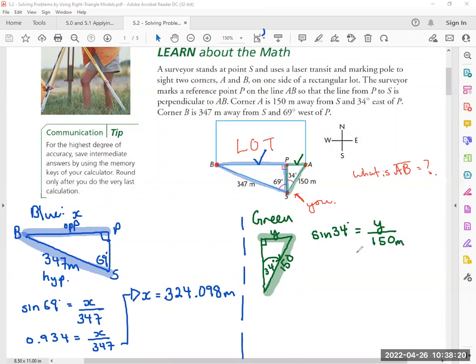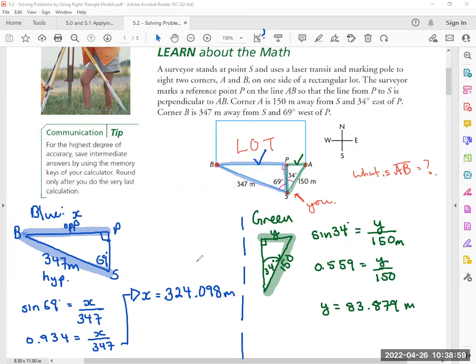And because I don't want to have sine as is, I am going to multiply that out. Sine of 34 is equal to approximately 0.5591, so just 9. And so I will multiply both sides by 150 to get rid of it. So I've got y is equal to 83.8789, so 83.879 meters. So again, you could be a little bit off depending on how you rounded it, but